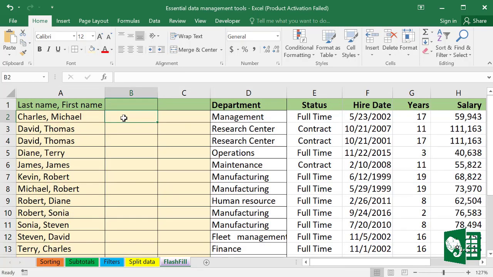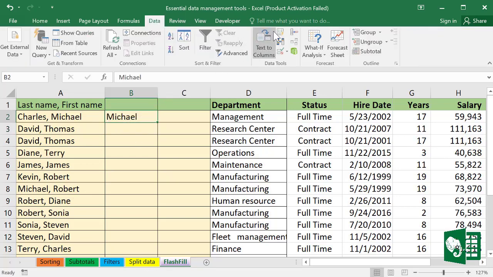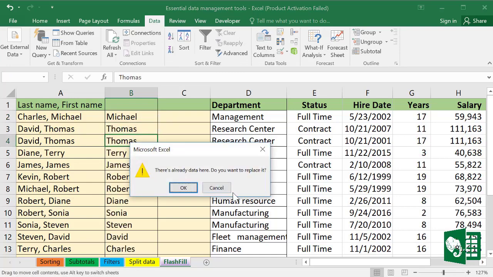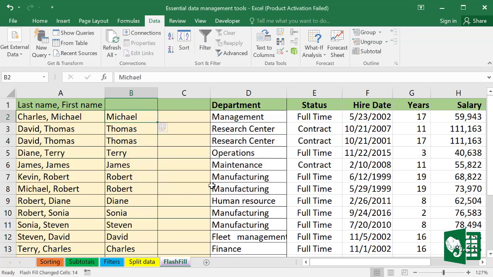Try to start from the last name, that is Michael, and go to data and flash fill. Now we split the last name, and in the same manner we can do it for the